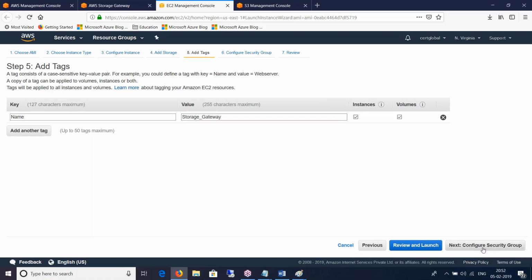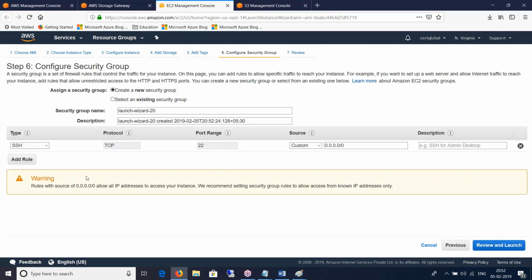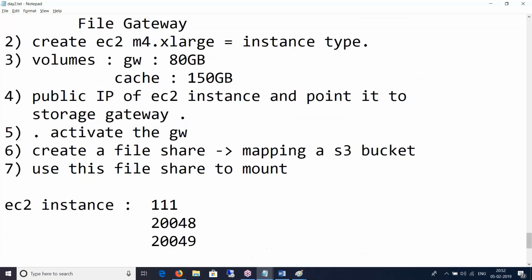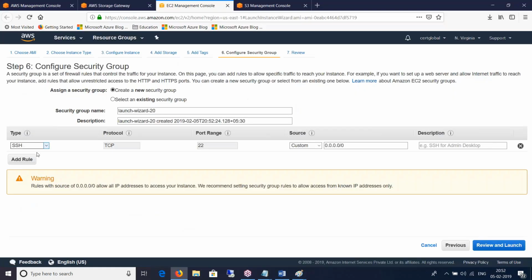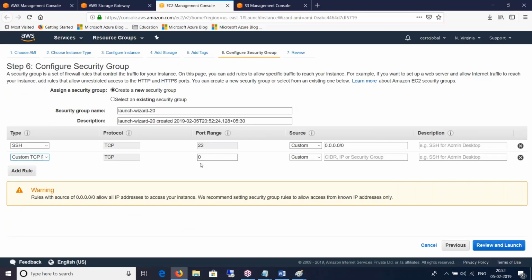In the security group section, I gotta have all of those ports open, so I will spend a minute doing that. 111. Add rule, custom TCP 111. From where? I'll just do it from anywhere. It's not recommended that you do it from anywhere. You'll just do it from the device from where you want to mount it, right?